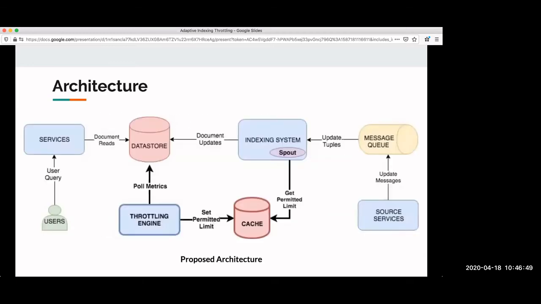Now, to test this architecture, the major part you see is that implementing or enforcing a rate in the indexing system is straightforward. It's an implementation challenge, not a logical challenge. Nobody comes up to me and asks how we will only do 1000 updates per second on Solr. That's just an implementation challenge. For that implementation, we went to the Storm Kafka Spout, looked at its implementation, modified it, and enforced that rate in the Kafka Spout.